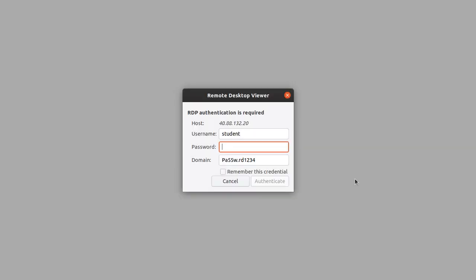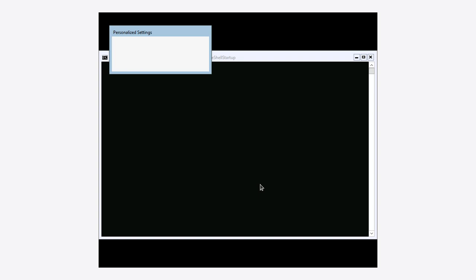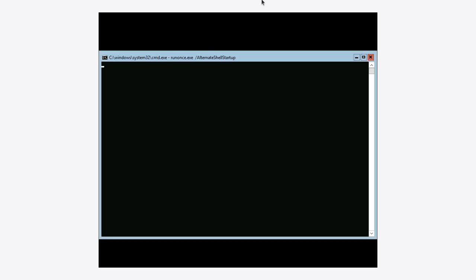It's going to give us a certificate and ask, okay, do I trust the certificate, and we're going to connect. Password, let's get that, put it in here and authenticate,